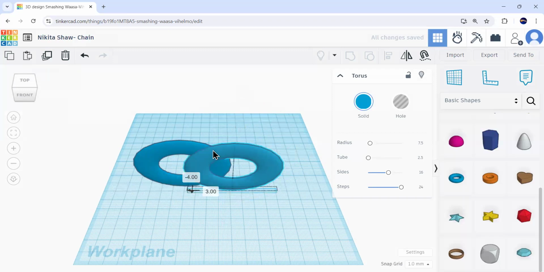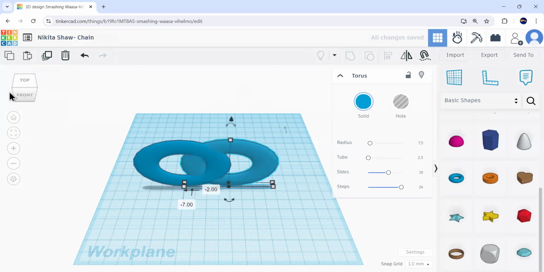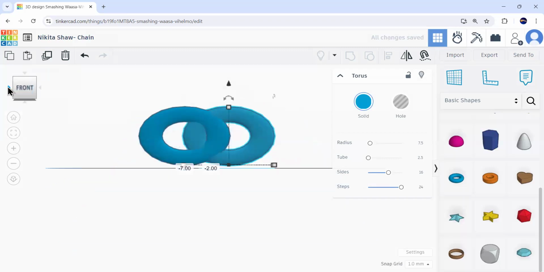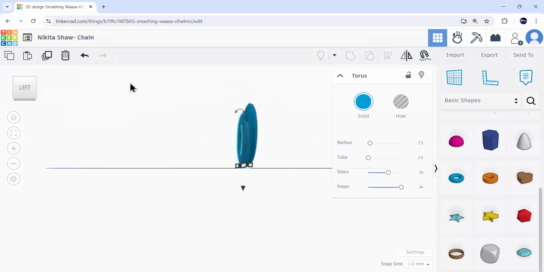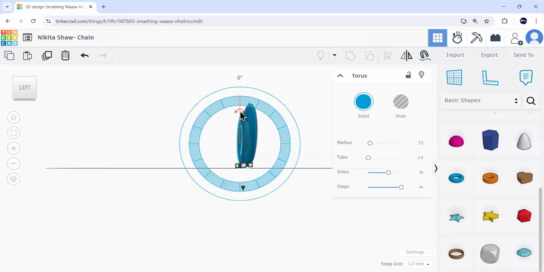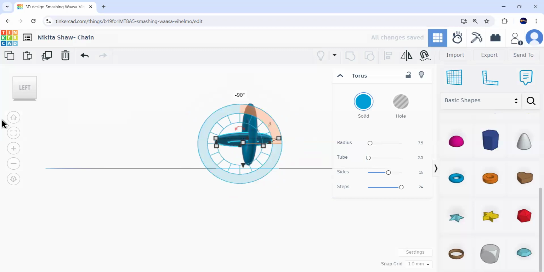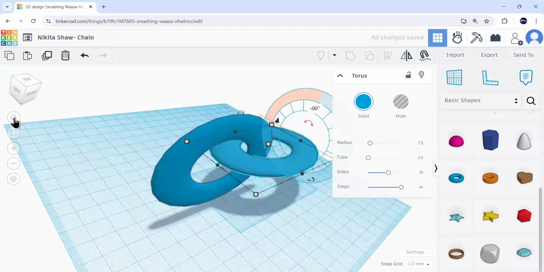Okay. And then we will keep it side by side, like this. Then we again will go to the left position, click on front, and then go to the left position. This time only the second image should be selected and not the first one. So make sure to just select the duplicated item and not the original one. Now we will click on this double arrow again and turn the angle to 90 degrees like this. Okay, then we will go to the home view.